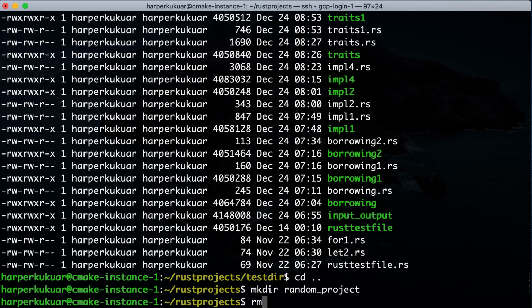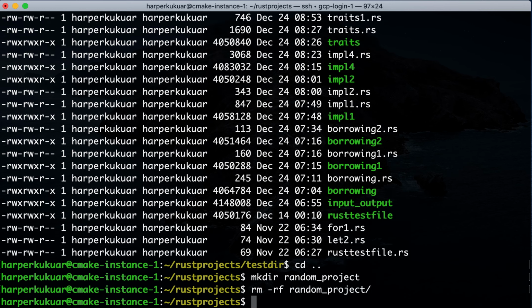Actually, not even that. Let's delete that random project. I will tell you how to install cargo and things like that, but you need to have the cargo package manager, which is a package manager for Rust. It's very important. It will save your time and get you to focus on actually learning Rust rather than wasting time on why things are not compiling. You say cargo new, then you say random project,